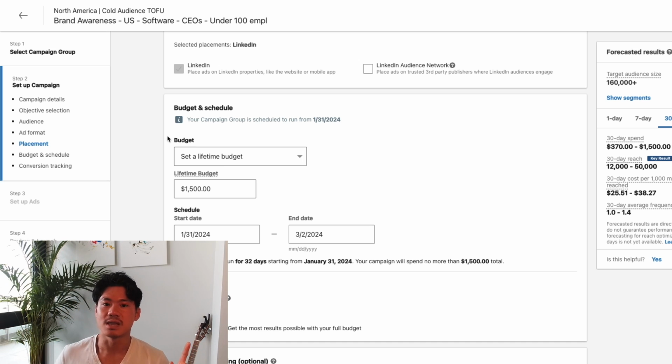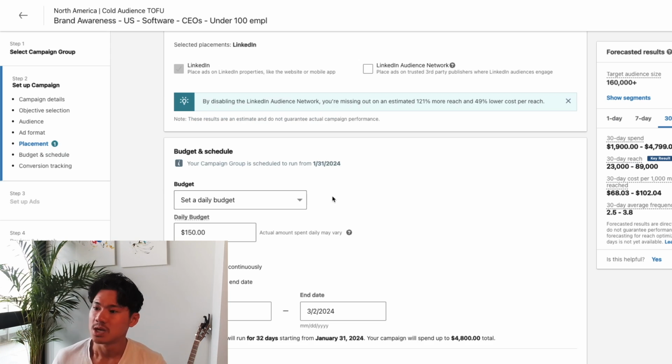So the truth is, the budget that you're seeing here will be allocated across all of the different ads inside the campaign. So let's say your daily budget here is $150, okay? So in this campaign, we can pretend that there might be 3 ads. So what happens is that LinkedIn will need to then separate the $150 across the 3 different ads.